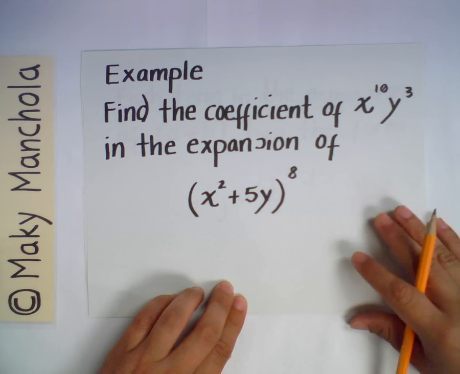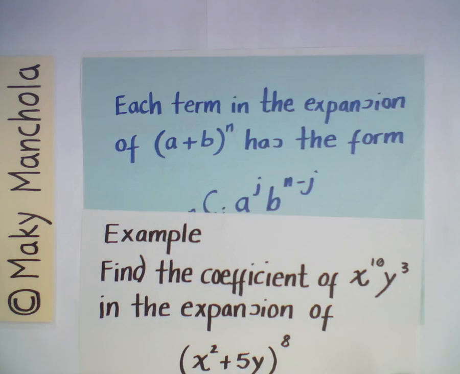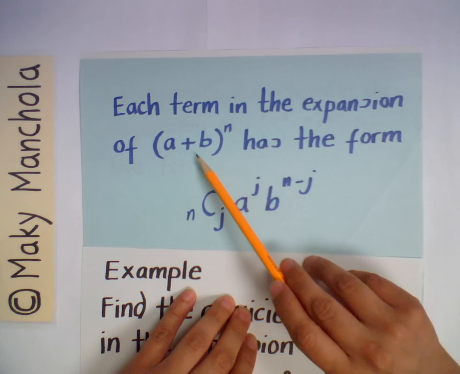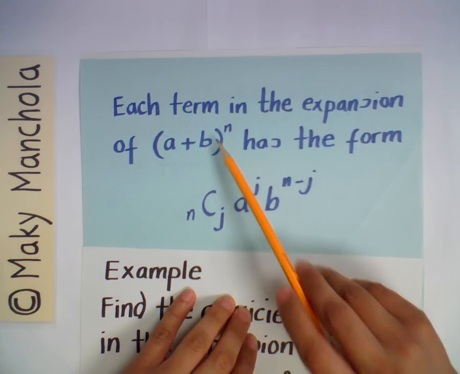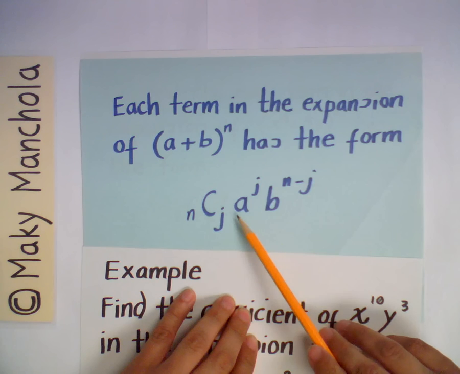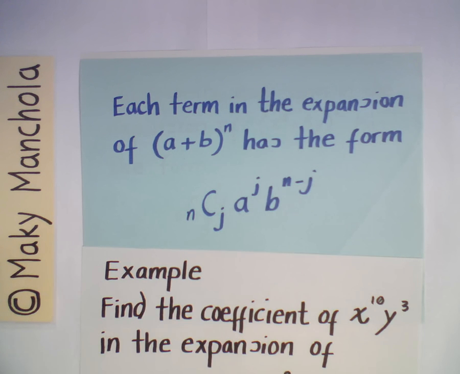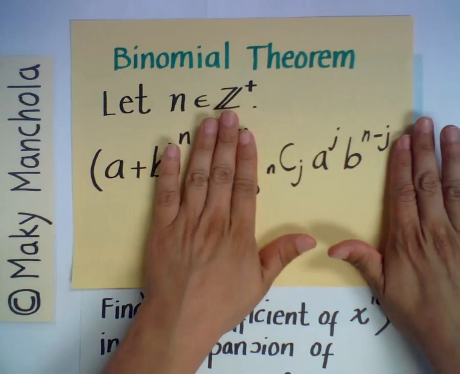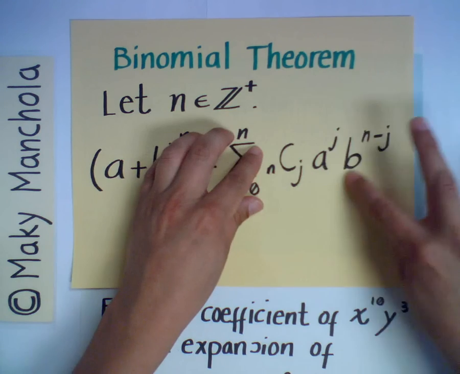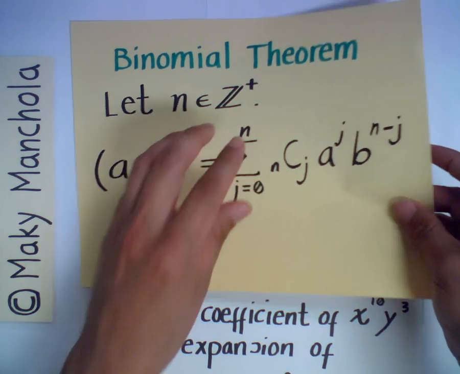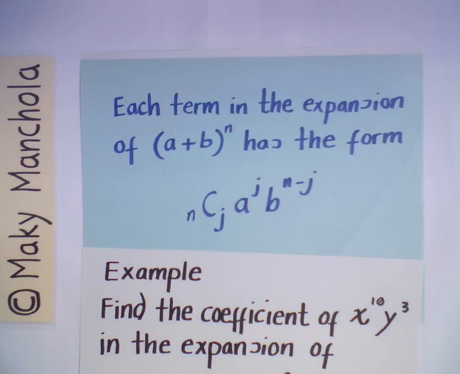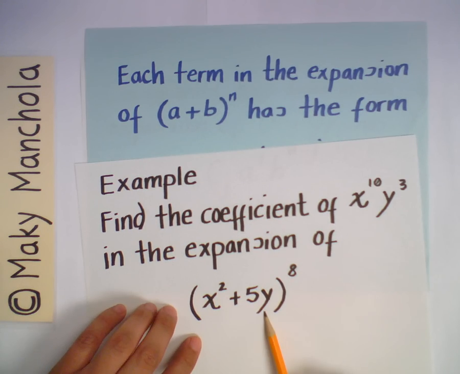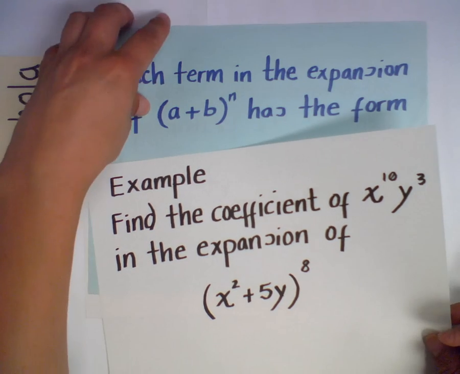What we want to do is make use of the fact that each term in the expansion of a plus b to the power n has the form n choose j times a to the j times b to the n minus j. Just looking at the binomial theorem reveals that each of the terms in this sum has that form: n choose j, a to the j, b to the n minus j. So in our case, each of the terms of x squared plus 5y to the 8th power would have to be of the form